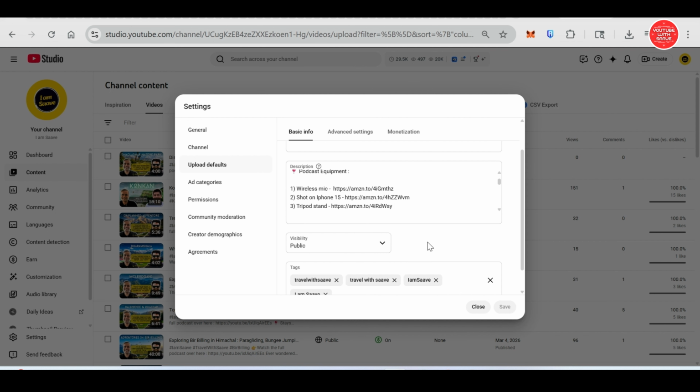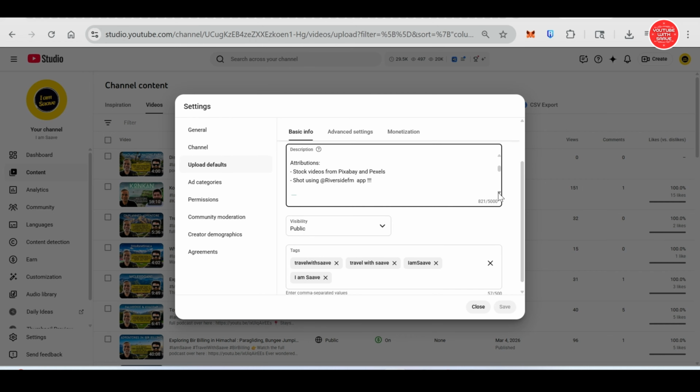So how to go about this? If you see, this is simple plain text which I have kept, right? Only at the end you have to replace the @ with the channel name. So YouTube with Saave, the Bookreads. Ensure that it's directly the name which is appearing after the @, the Nirwighn Show. Instagram. So if you just copy paste this in your upload defaults in description, this will appear in every video